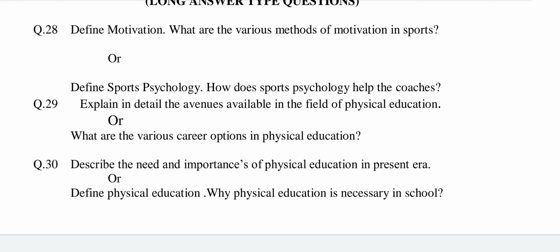The answer may be, the word motivation has been derived from the Latin word mover, meaning to change, to move. When we say that one is motivated, it means that he is driven or moved by an inner urge or force to achieve the goal. We may refer to motivation as a process through which an individual is inspired, stimulated to act in a particular fashion or manner towards a particular direction.